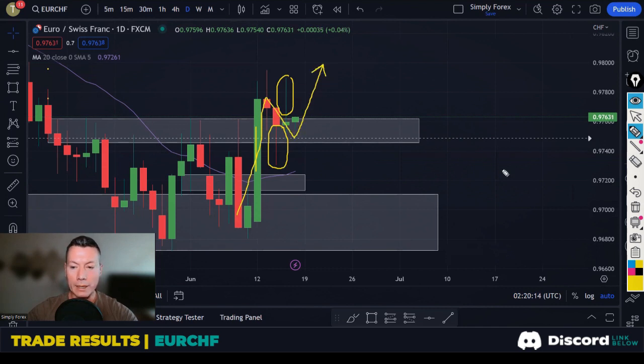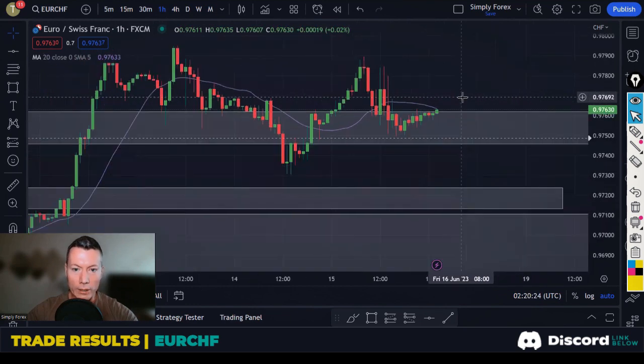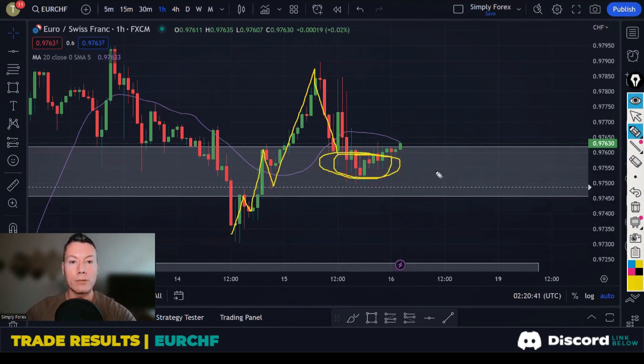All right, guys. So, that was the trade idea from yesterday. Let's take a look at the H1 and see how we traded it. So I got into this trade, guys. Price started building up on the H1. So we started getting H1 build up in structure, and then price came down to the gray zone that we were interested in. Yeah, I pinpointed this gray zone yesterday morning. So this gray zone is what we were interested in, and we just wanted to see a bullish reaction at